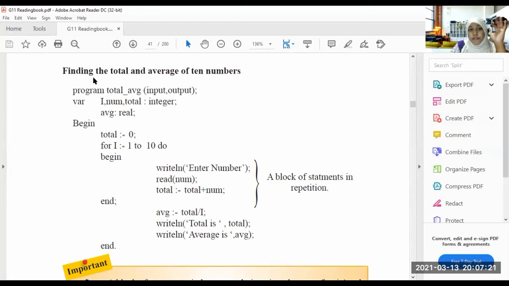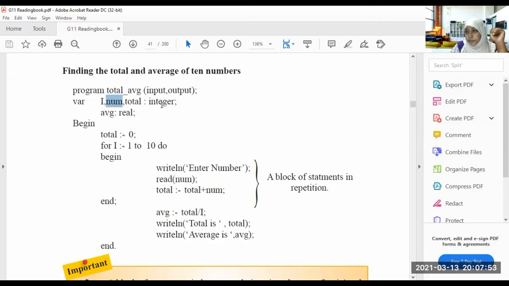This program is finding the total and average of 10 numbers. So here, what is the name of the program? Total average. Here I am going to put inputs and outputs. Var I, num, there are numbers, and there is a total.